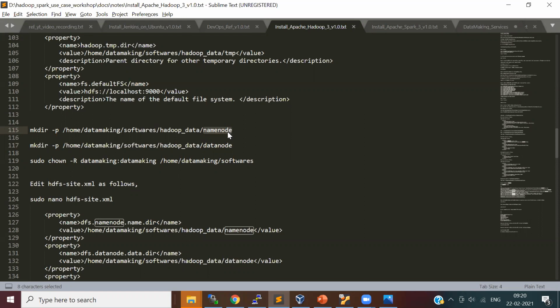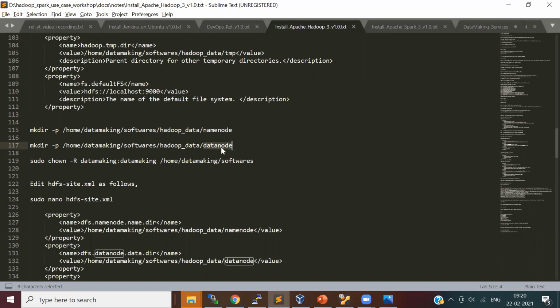This metadata will be available in memory. Whenever you start your name node process, it loads all the metadata stored on this location into memory so that it will serve your file related requests. Similarly, you need to create one directory for the data node, because the data node is the one which actually stores your data in the form of blocks.